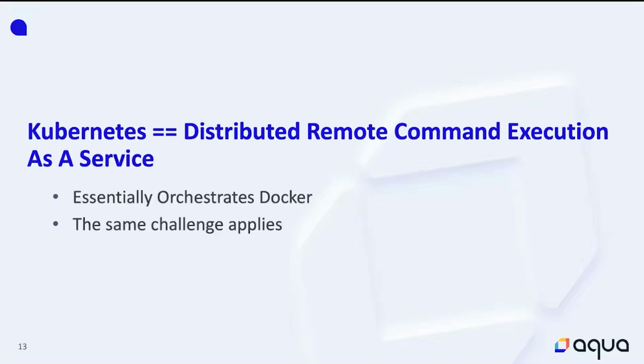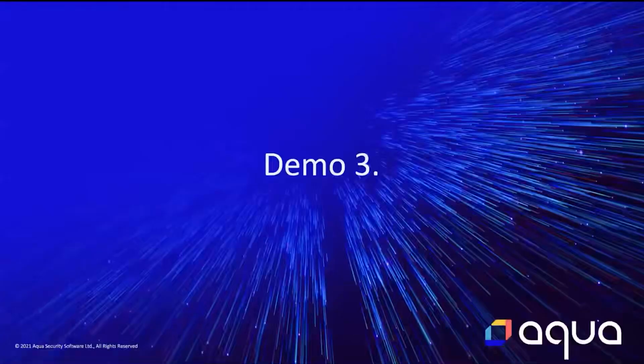Kubernetes is essentially orchestrating Docker or like containers. The same challenges and security issues that we have faced directly with containers, we will also have within Kubernetes. But within Kubernetes, we will also have all the additional complexity built on top. So it's not just a container and all of the configurations we can do within the containers themselves. With Kubernetes, we also have the Kubernetes components on top.